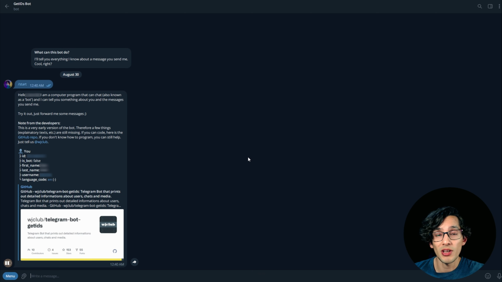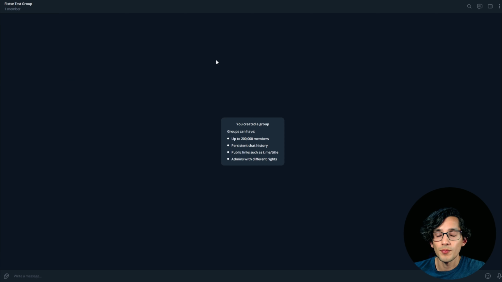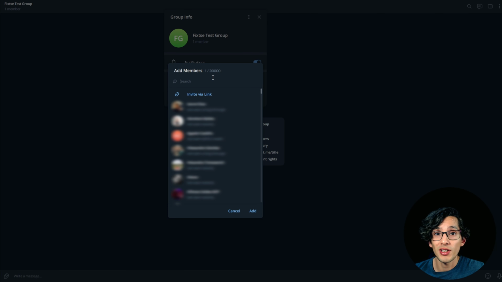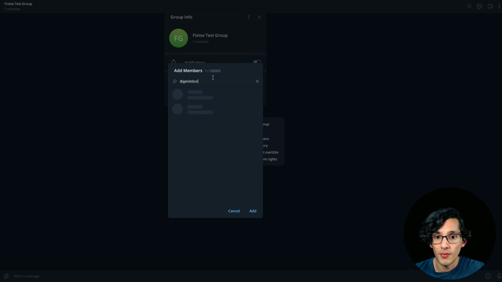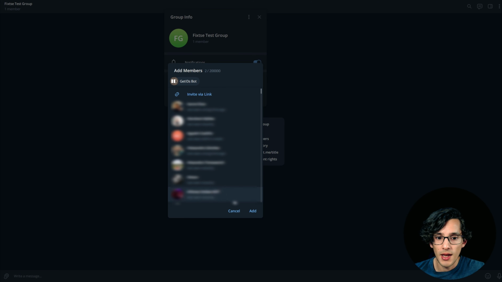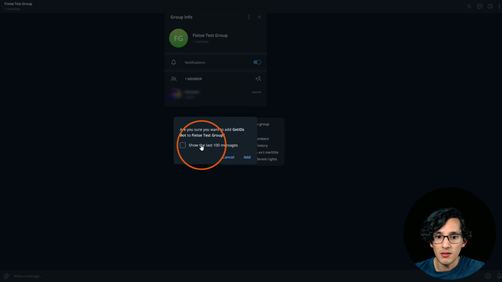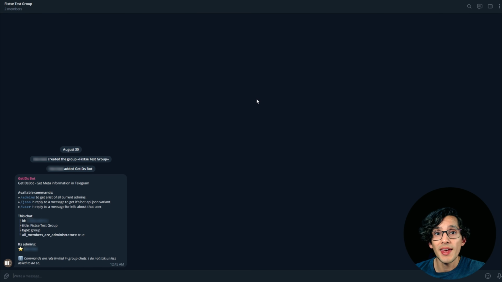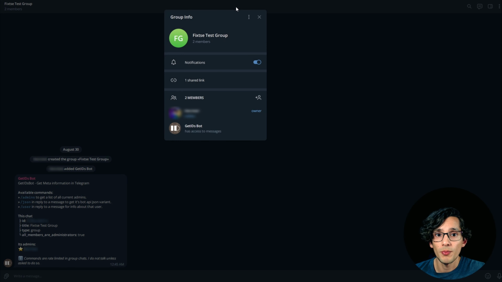If you want to allow your bot to send messages to a group, first go to the group that you want to allow. Now just click here, then we are going to click on the three dots and go to Add Members. Here we're going to look for the Get ID bot. Just click on it and then click Add. Uncheck this and then click Add. And now you have your group chat ID. And you can now erase the bot from your group.